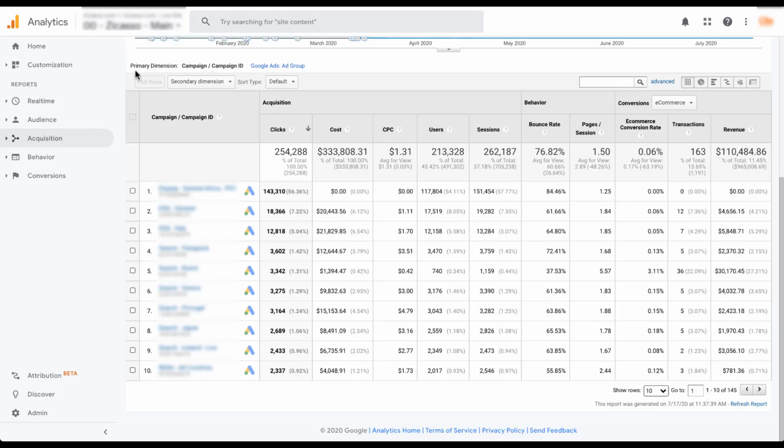So this is broken down by primary dimension. Right now you can see that it's selected as campaign, which is going to show up here in this column. And then there's a second option for primary dimension as ad group. So this is just what's preset here, and it's already got different stats broken down here. So clicks, CPC, bounce rate, revenue,